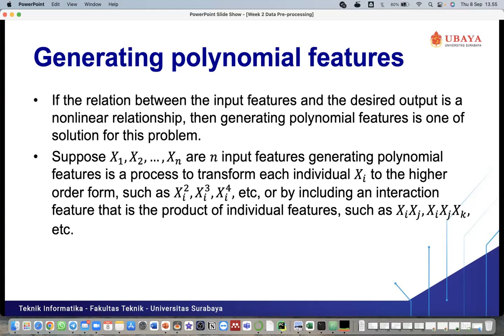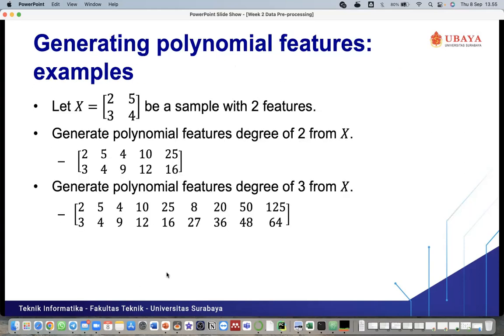from our previous features. So for an example of generating polynomial features, let's assume that we have 2 samples with 2 attributes, 2, 5, and 3, 4. Let this be a sample with 2 features. Then we generate polynomial features of degree 2. It can be degree 2, degree 3, and degree 4, but in this example we have degree 2 and degree 3.